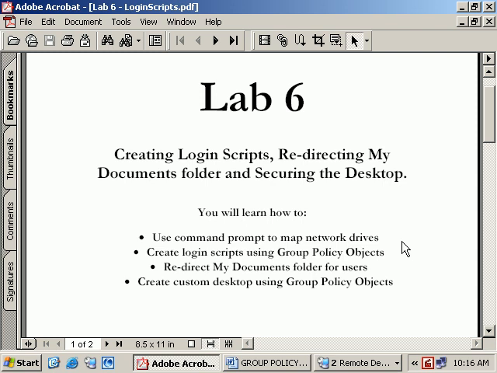Let's summarize. You would like to give drive mappings to users. One of the ways you can do that is by visiting each computer, or you can create a login script, and every time the user logs on, the login script will run and they will get the drive mappings. Users typically save their work in the My Documents folder. The My Documents folder by default saves files on each and every desktop in their own computers. This makes it a problem because now you cannot access those files if that particular computer is unavailable. So what you want to do is redirect My Documents so that everything is saved to a central server, and